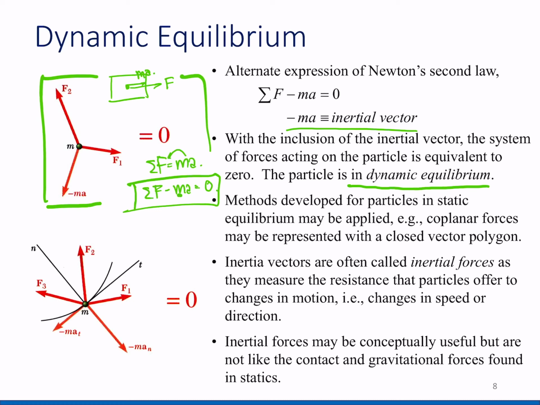We can also have it in polar coordinates, and here you can see we have the in-plane axis, we have the tangential axis, and then you can also use the equilibrium of this equation, so we will have something like this. It means we have sigma F minus ma equal to 0, but you know this one we will have a tangential plus a normal plane. Okay, so